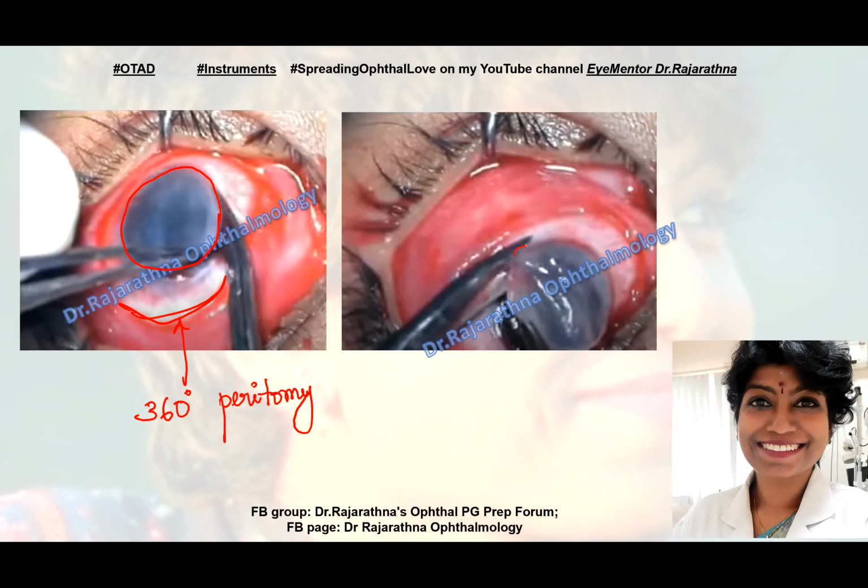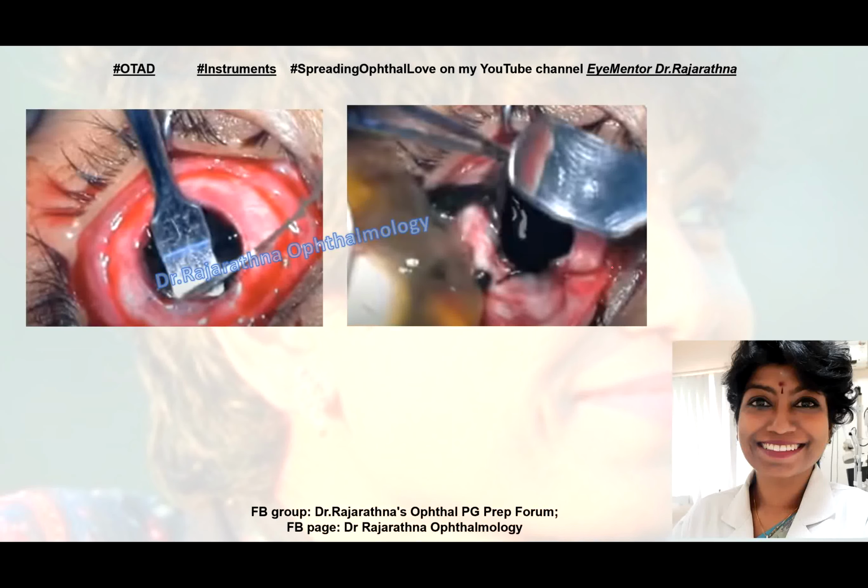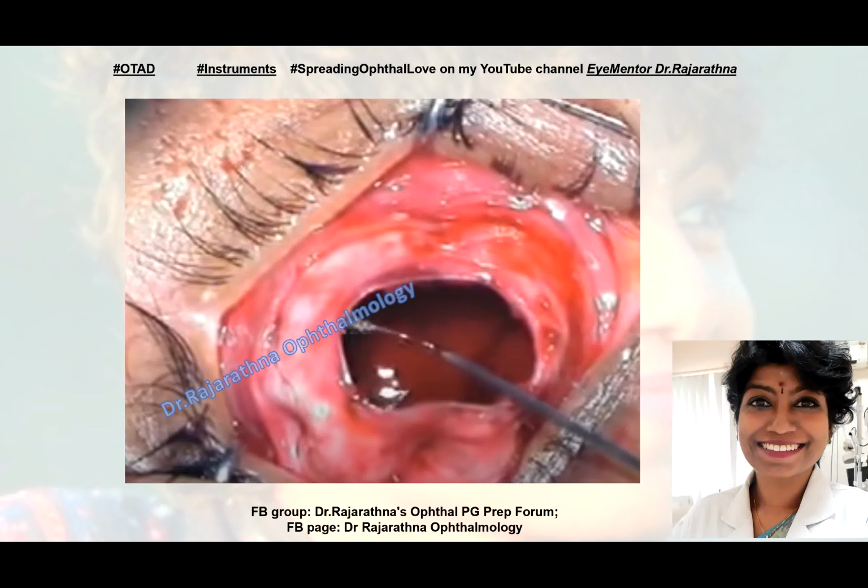And now can you see the corneal button is almost out. Now what do we do next? Next we are introducing the spatula and trying to bring out all the intraocular contents. So see, the lens and the other structures are out. Now what is this black thing? Choroid. Okay, the uveal tissue is coming out because you know it has melanin. So we are scraping out everything until only the scleral shell remains. Only the white scleral shell remains. Yes. So this is evisceration.